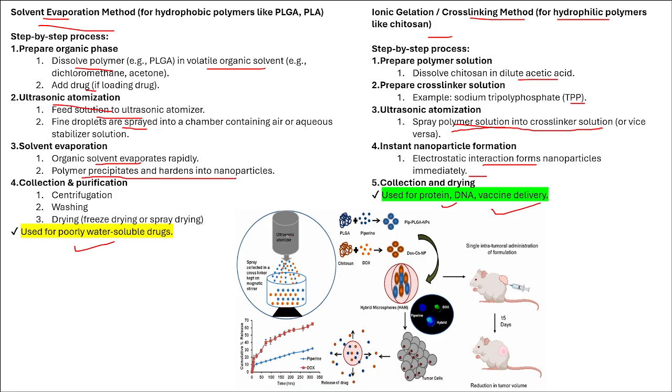As you can see, this is an ultrasonic atomizer. It generates ultrasonic waves through which the solution is passed and sprayed. This spray is collected in a cross-linker kept on a magnetic stirrer. So this is a magnetic stirrer. In this particular vessel, there is a cross-linker solution kept. So as these small aerosol-like particles form on these cross-linkers, these nanoparticles form via this interaction.